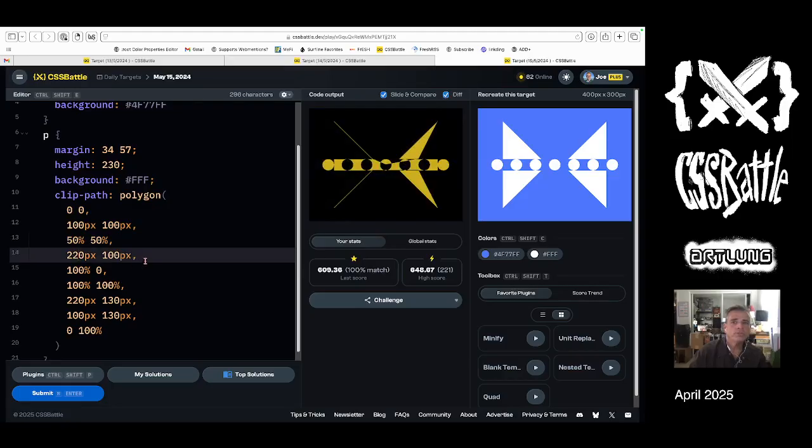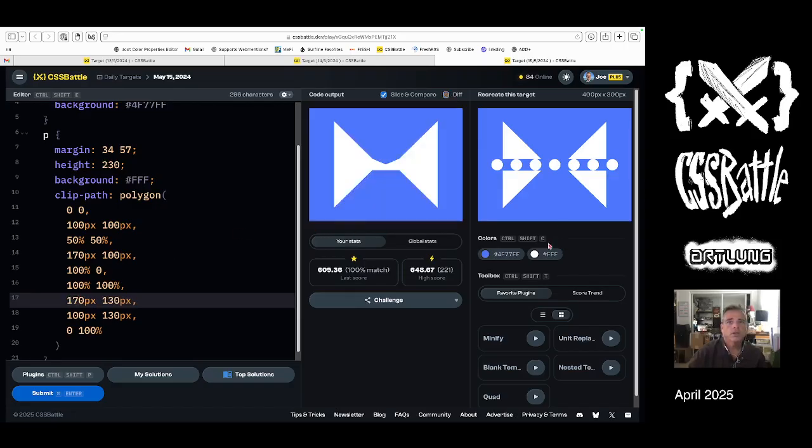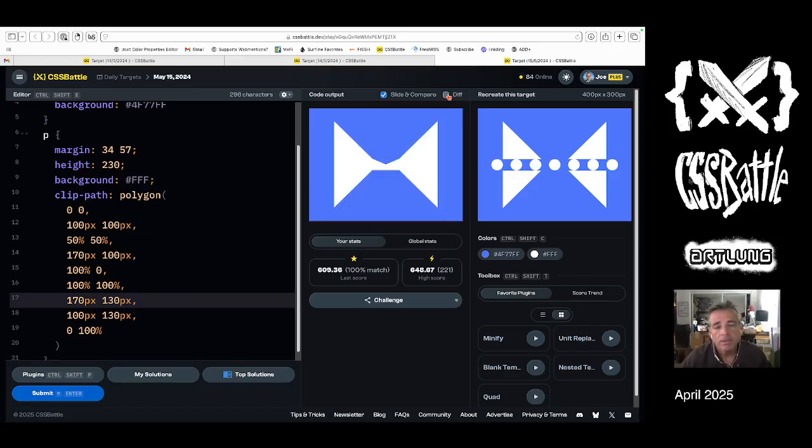So which parts of this clip path are no good? I think this number is too far over. Yeah, 170 is correct. 170. So that kind of works. And what's more, this clip path is a little tricky